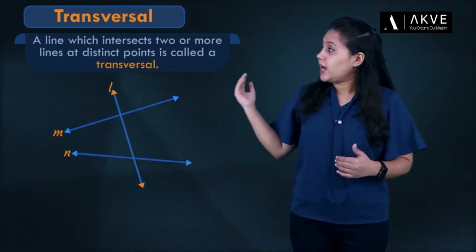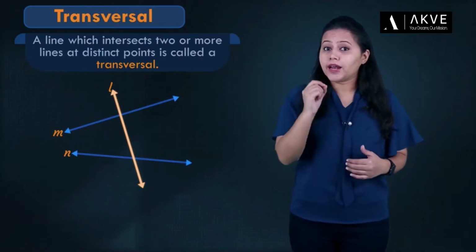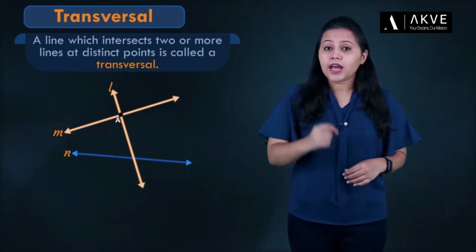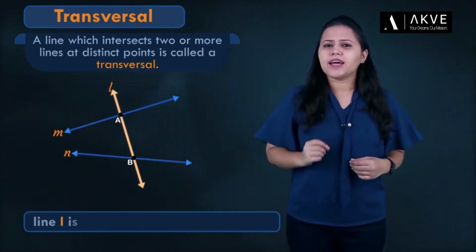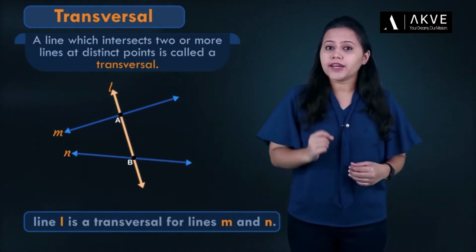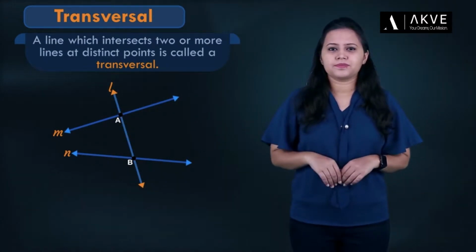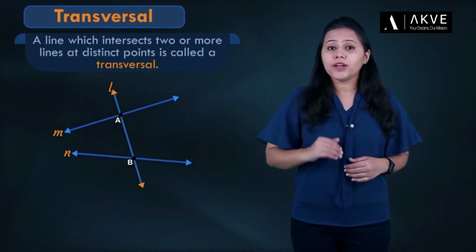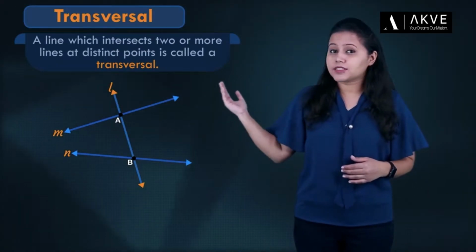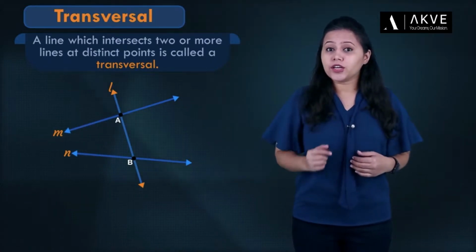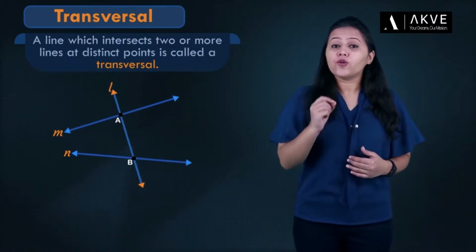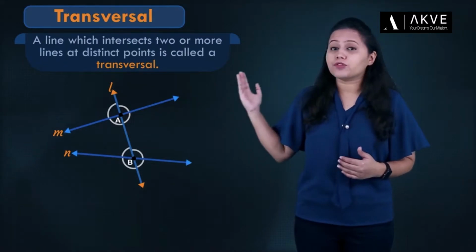Like here, line L intersects line M at point A and line N at point B. This means line L is a transversal for lines M and N. Now tell me, how many angles are formed by these intersecting lines? Time's up. If you look carefully, you will see that 4 angles are formed at each of the points A